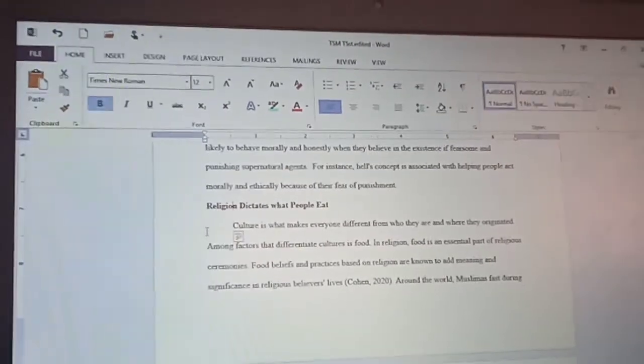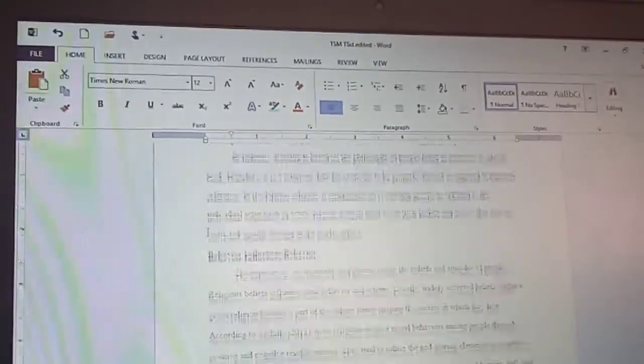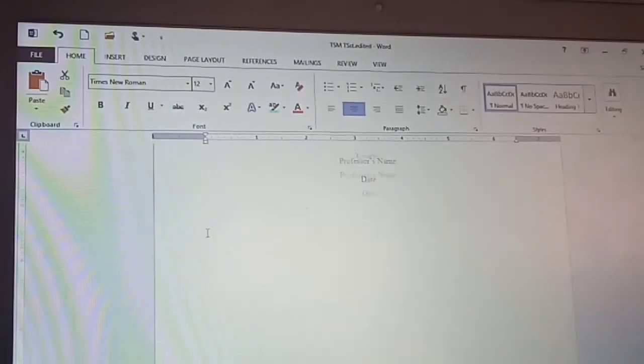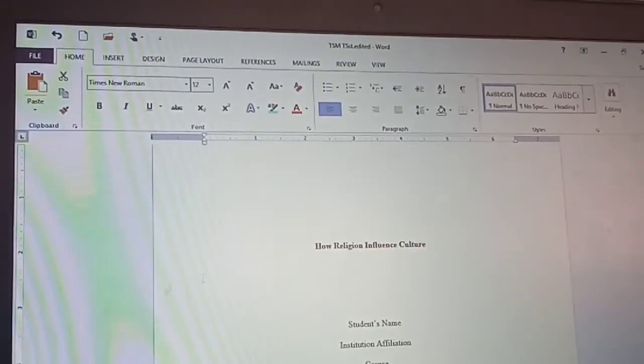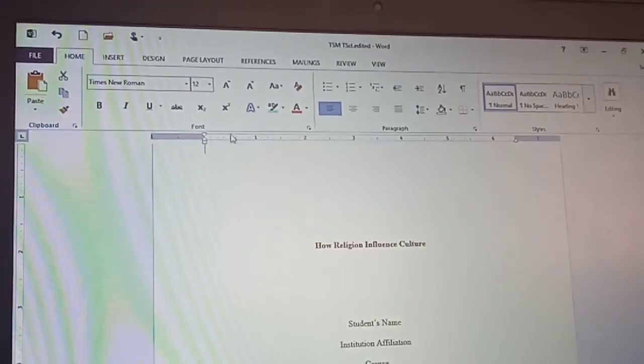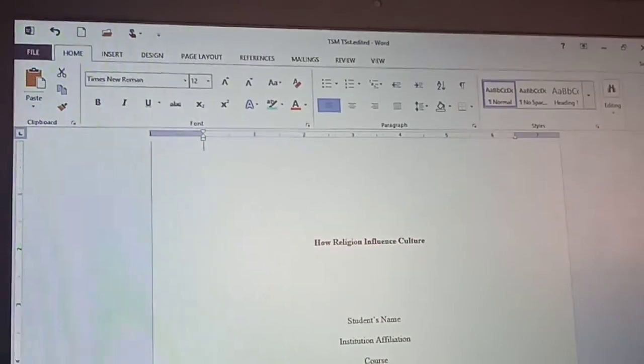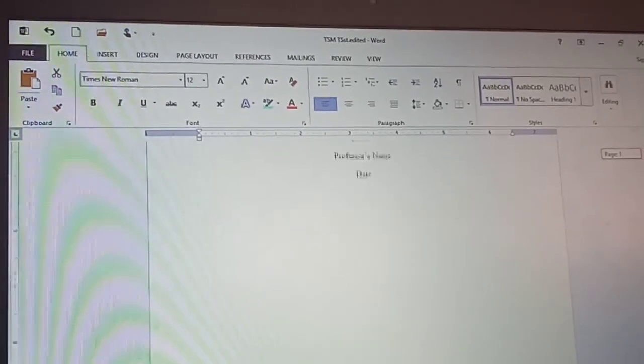Remember to save your work so that you can keep all the changes that you've made in case the power goes off. So for the indenting part, you indent at 0.5 inches. So at this point we need to go and